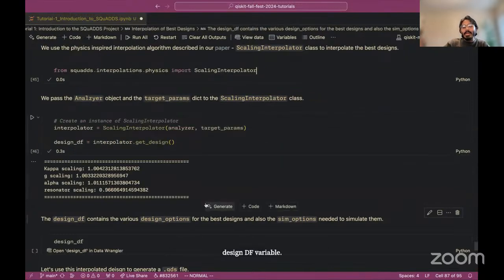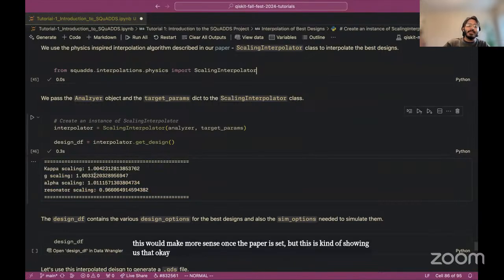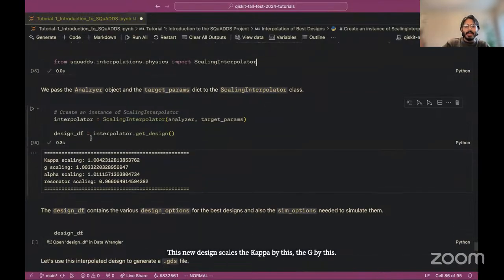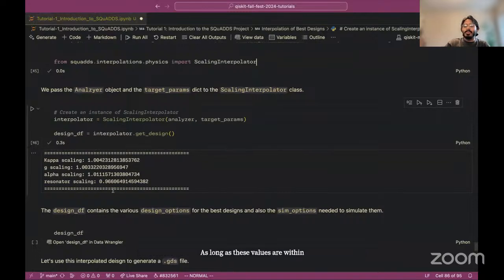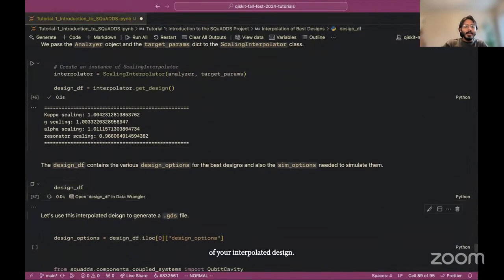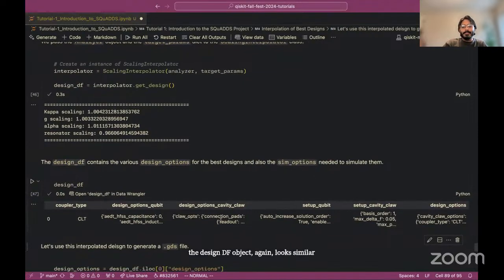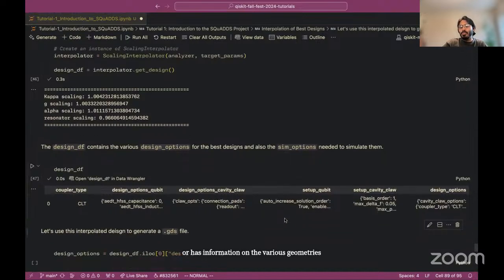This printout would make more sense once the paper is read, but it is showing us that this new design scales the kappa by this, the g by this, alpha by this, and the resonator by this. As long as these values are within about 10%, you should be fairly confident of your interpolated design. The design df object again looks similar to what we got earlier, and has information on the various geometries that would be needed to recreate this